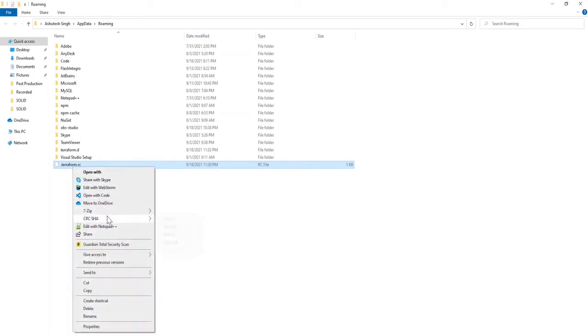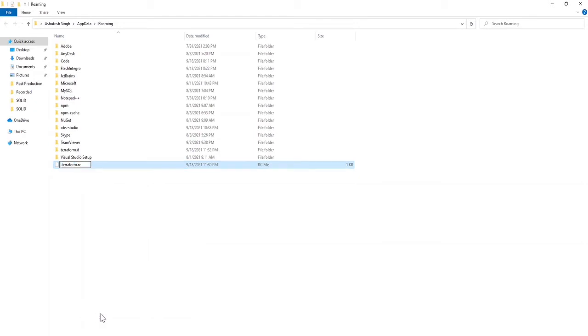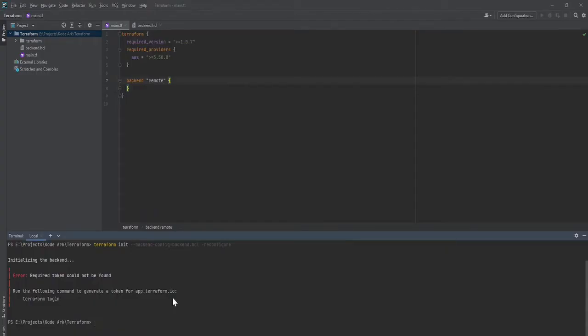It should be either terraform.rc or .terraform.rc, so I'll rename it to terraform.rc. Now I'll go back and run the previous command. Okay, this way you can secure your token in one place, and similarly you can put it for other operating systems into the home directory.